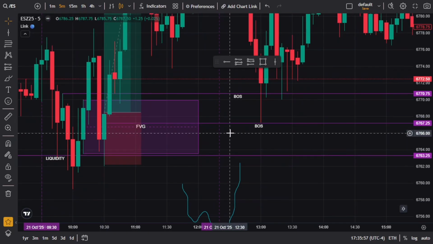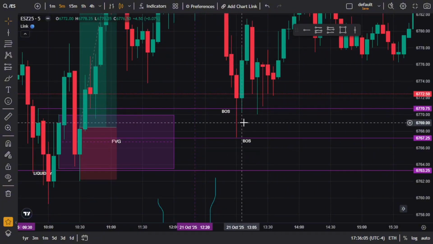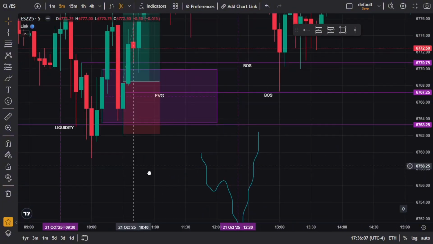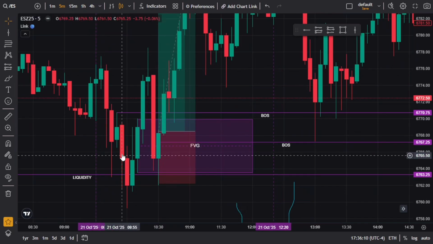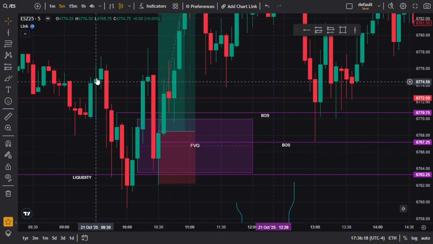What is our low? A low is a move down, then a move up. It's not a move up, then a move up, or a move down, then a move down. A low is a move down, then a move up, right? So we're going to mark out the most recent one. So not the high from up here, the most recent one. So if this is our candle right here, liquidity was just swept. We're going to look back on the candles we just had.